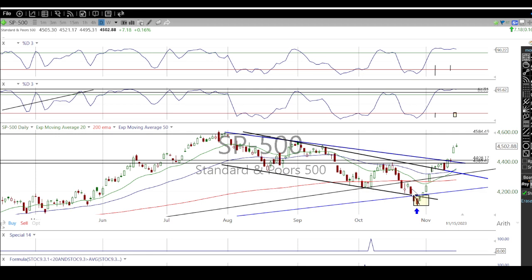Now, markets tend to flush out. When they flush out, it usually breaks down through a level, then comes right back. And that's exactly what happened here. We pushed right up against this, and then we popped. And this is where we are today, actually.